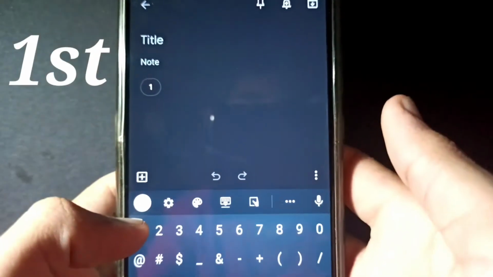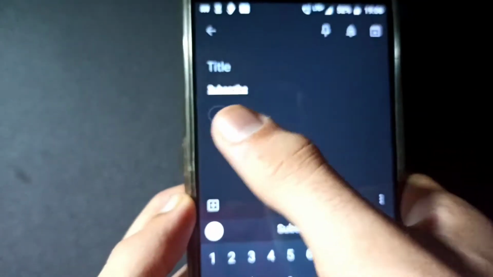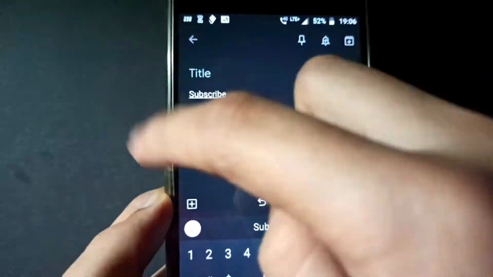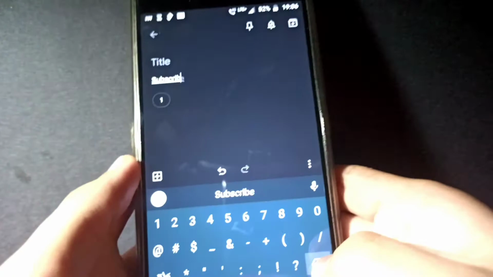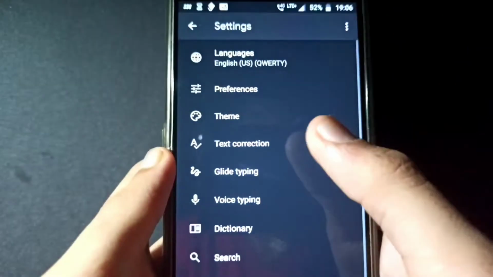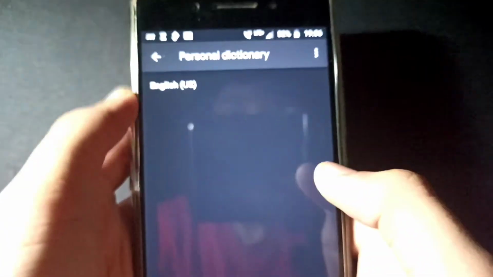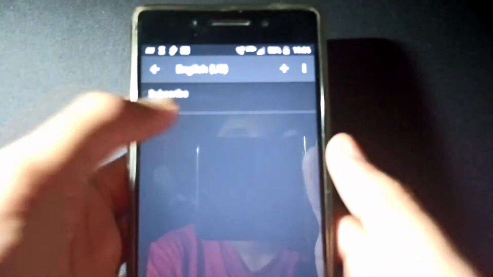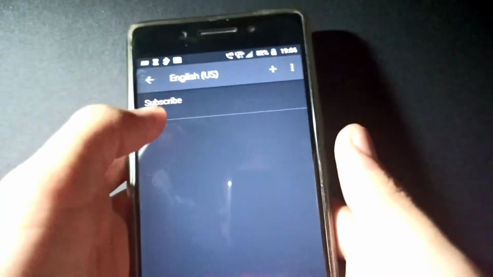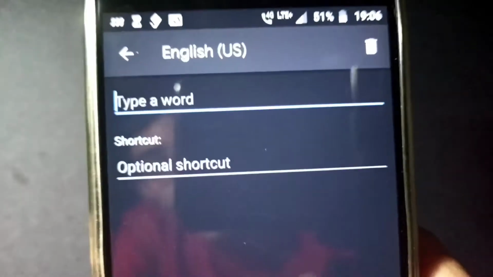The first trick is that when I write 112, this will automatically convert to the chosen word. So let's see how it's done. First we need to go to the Google Gboard settings. Then we have to go to dictionary. Then we have to set up a personal dictionary, and then we will click plus and enter the word we want. Like I want Arsh,